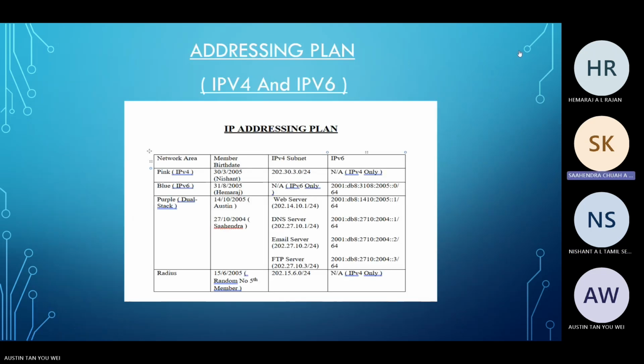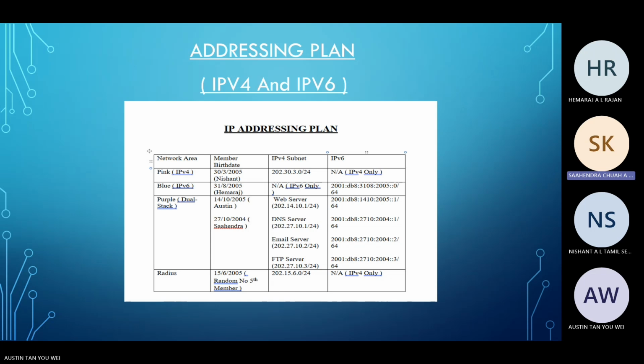Thank you, Nishan, for presenting your part. So let's move on to the addressing plan of IPv4 and IPv6 of our network. So basically, this is the IP addressing plan. This table outlines our IP addressing plan, which is categorized by network area. It basically maps specific IPv4 and IPv6 allocations to team members based on their birth dates to ensure unique distribution